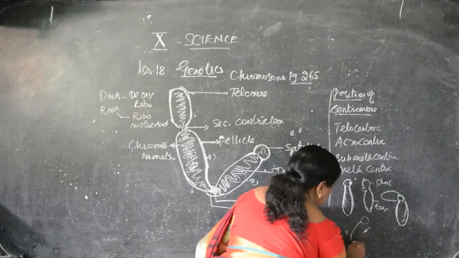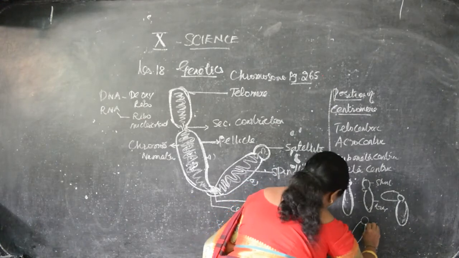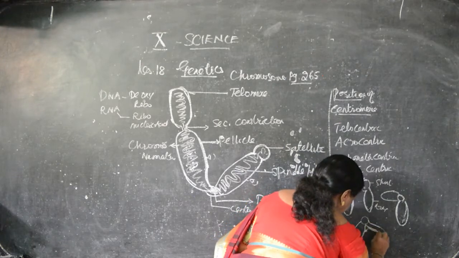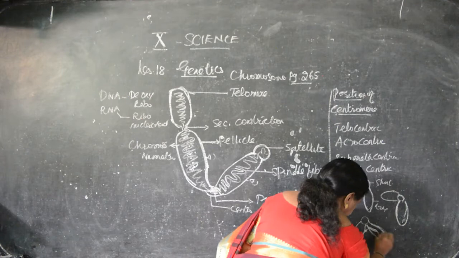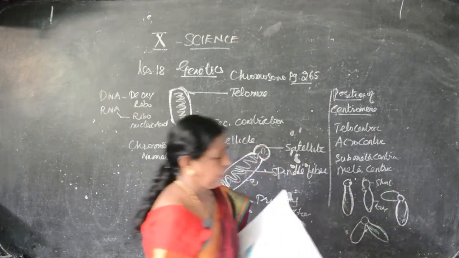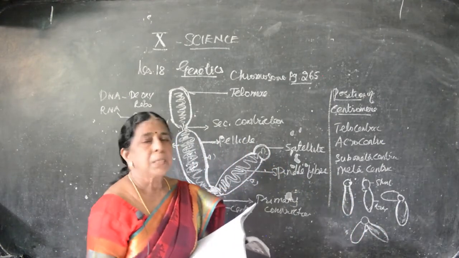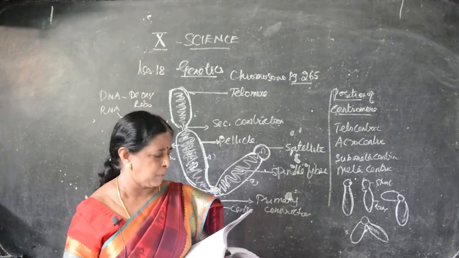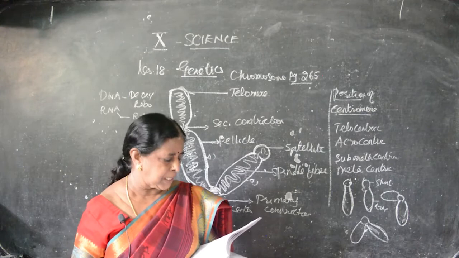And the metacentric, both are equal. The centromere is in the center, with one arm here and one arm here. Clear? Types of chromosome based on the centromere can be divided into four kinds: telocentric, acrocentric, submetacentric,